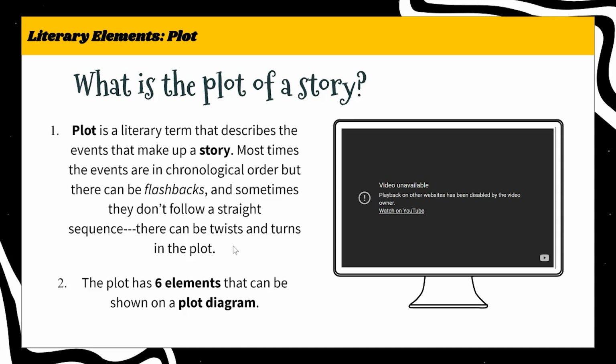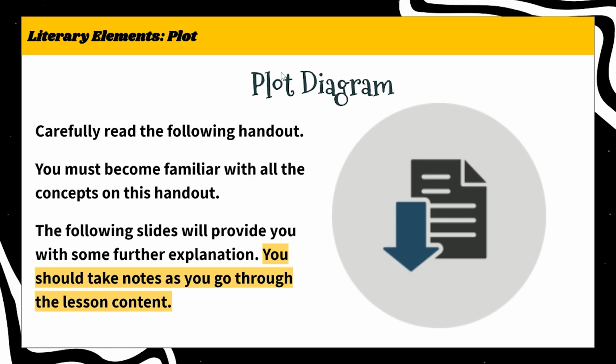And here it adds, if you have a little bit of a problem with reading, you can use Google Translate, but just for listening. Don't use it instead of the dictionary. If you don't understand the meaning, you should go to a dictionary. But here, just for listening, you can use Google Translate. And the plot diagram. What is the plot diagram? It says, carefully read the following. Here there is one PDF. You can open it,